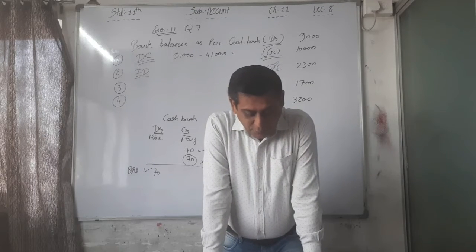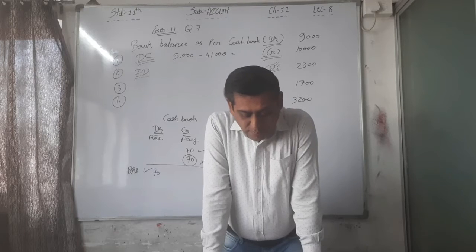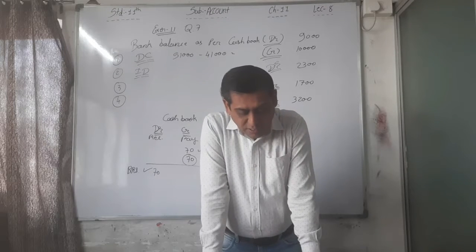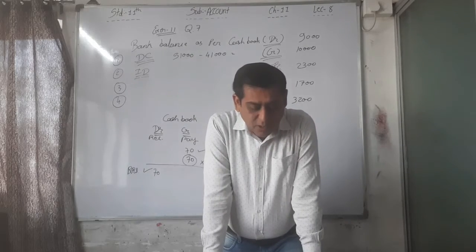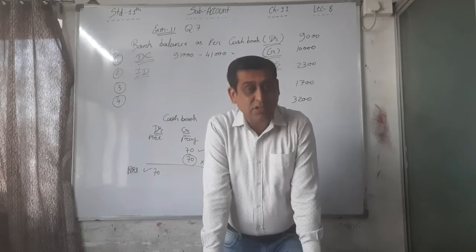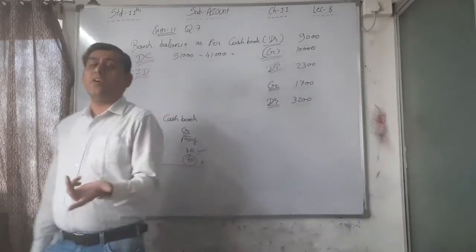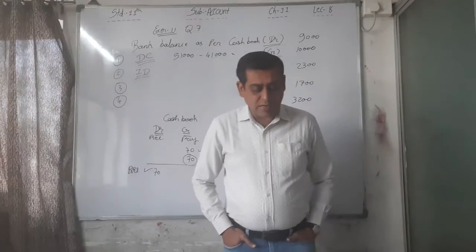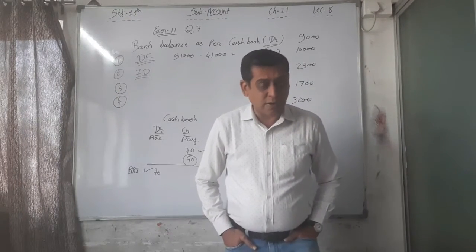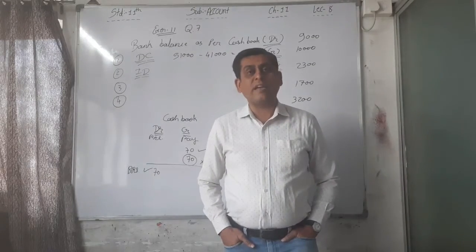9th point, bank has credited rupees 130 for the interest and debited 60 for the bank charges in the passbook, which is not recorded in the cash book. See, directly it is clear that credited 130 and debited 60. So whatever is done by the bank, we have to just do the reverse. That's why please reverse it. The 130 is now debit in the ninth point, and 60 is credit again in the ninth point.